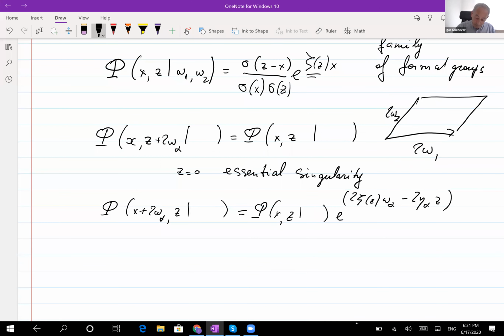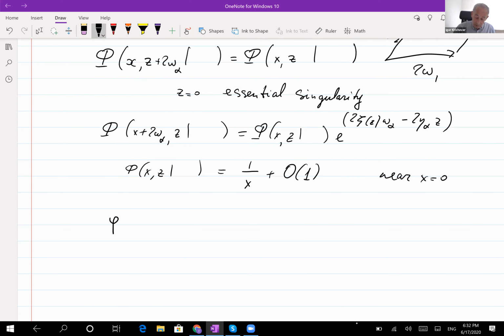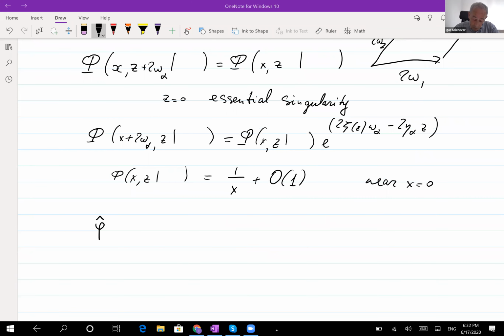And if we take it and expand it at x equals 0, phi of x, z starts with 1 over x plus some regular part. This is the Laurent expansion of this function near x equals 0. So we can define in this way the universal elliptic genus by just choosing the corresponding generating function